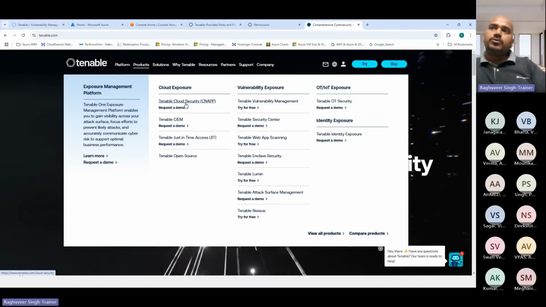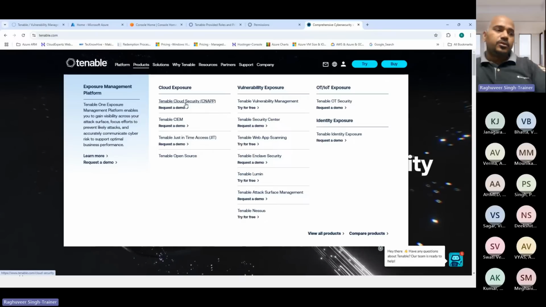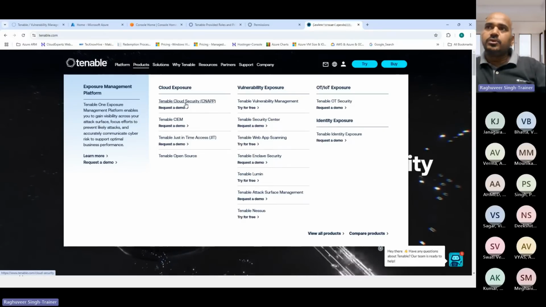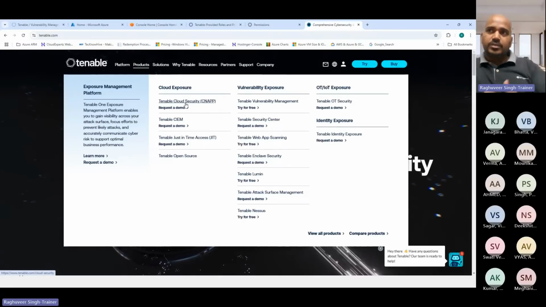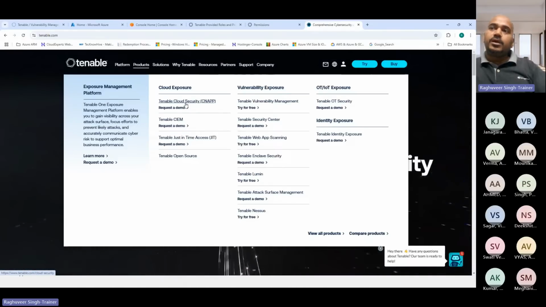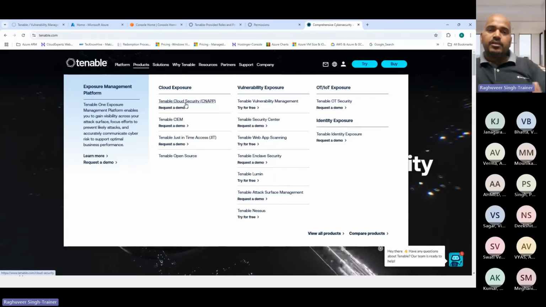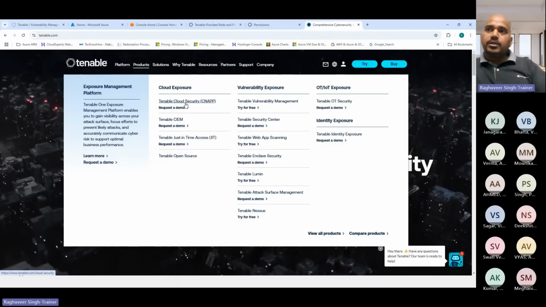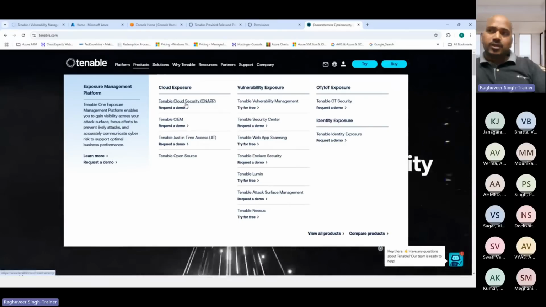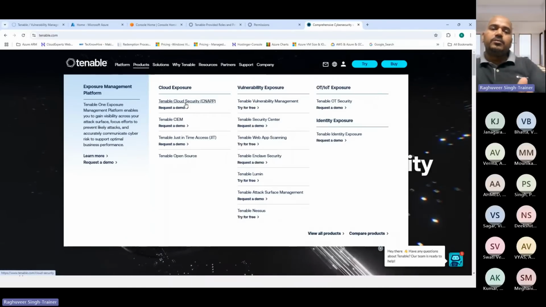For vulnerability exposure, you have vulnerability management, the one that we are focusing on. We have Tenable Security Center solution also. Tenable web app scanning, we have access to that. Tenable Enclave Security, Tenable Lumen, Tenable Attack Surface Management is there, which is an EASM solution, which primarily helps you to do open source intelligence, OSINT. Then you have Tenable Nessus. So they still have Tenable Nessus, which is a separate solution wherein you get Tenable Nessus Manager, Tenable Nessus Expert,